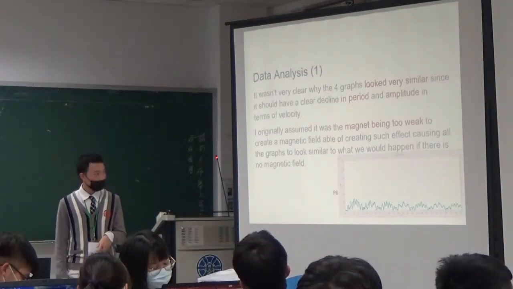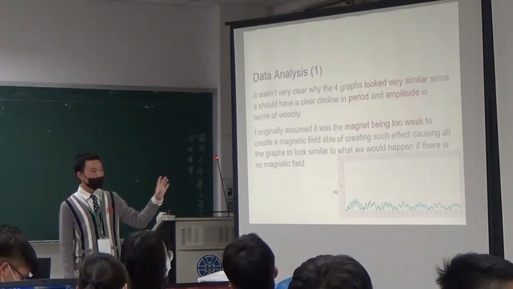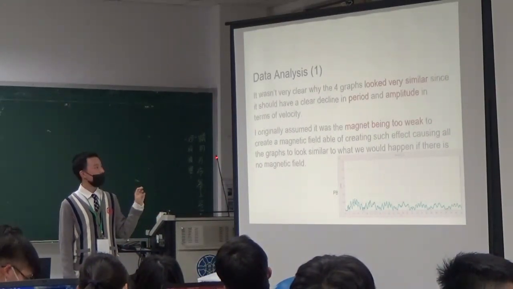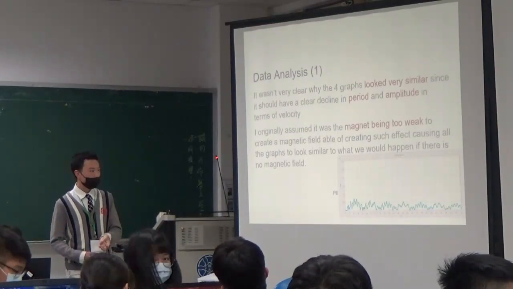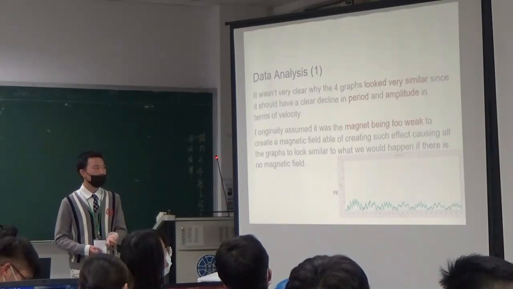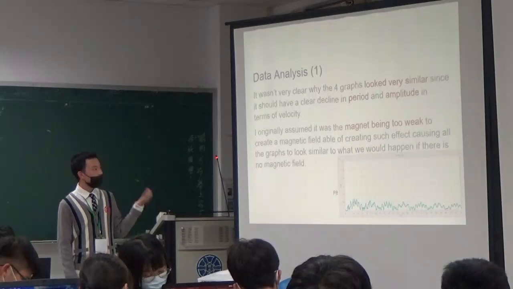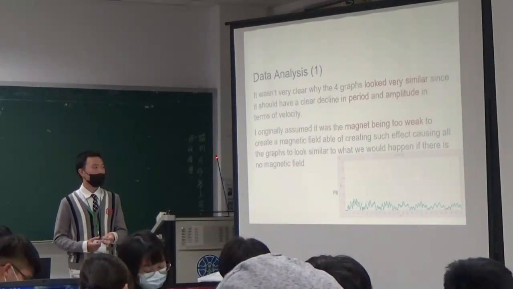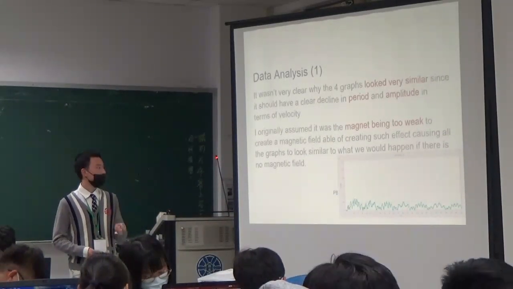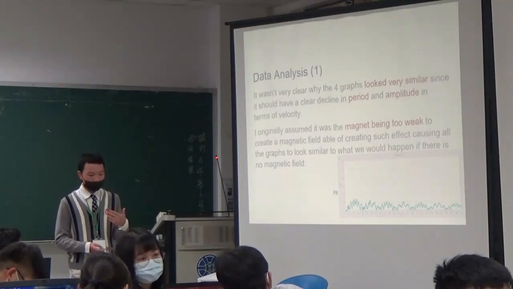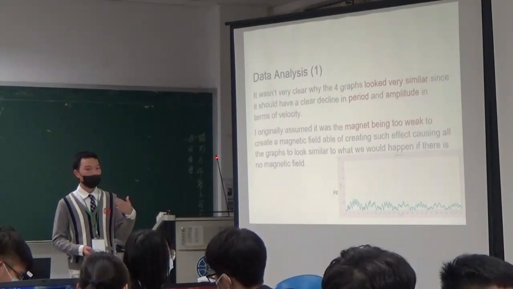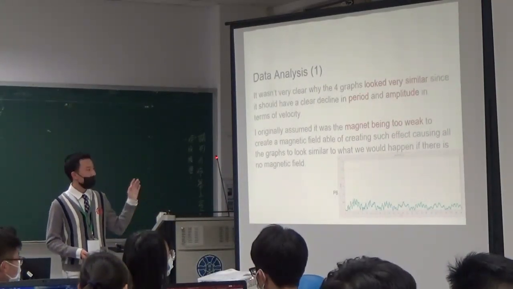So the first is the data analysis, looking barely at what we got from the Tracker. It used to not be very clear why the four graphs were so similar, because they have the same period and almost the same decline. I originally assumed that it is because the magnet was too weak and not able to produce such a magnetic field, so it cannot affect the phenomenon as severely or as effectively as a stronger magnetic field. But from the next page,